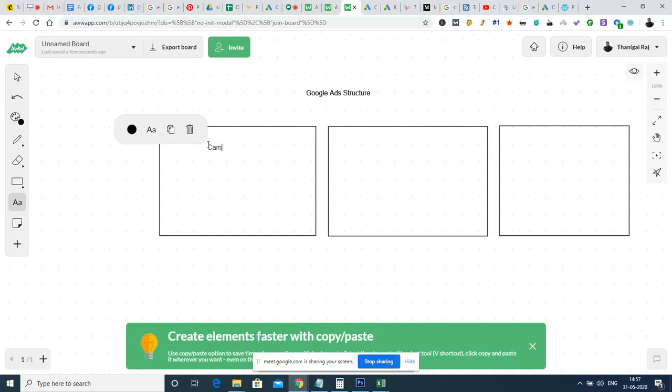The first module is campaign. The second one is ad groups. The third one is ads, and also we have extensions that we will learn shortly.